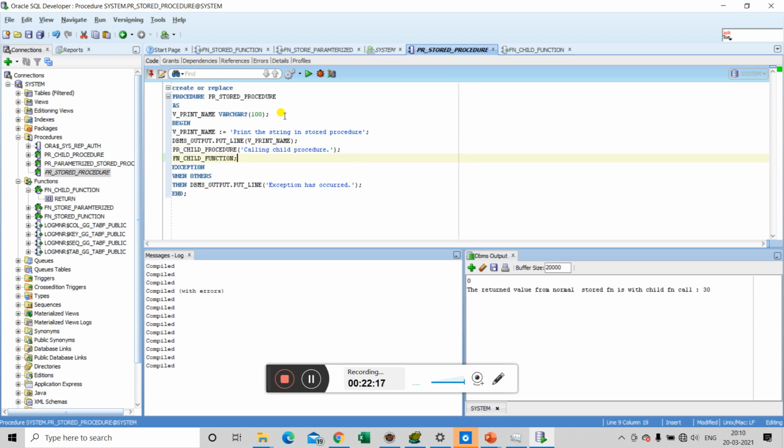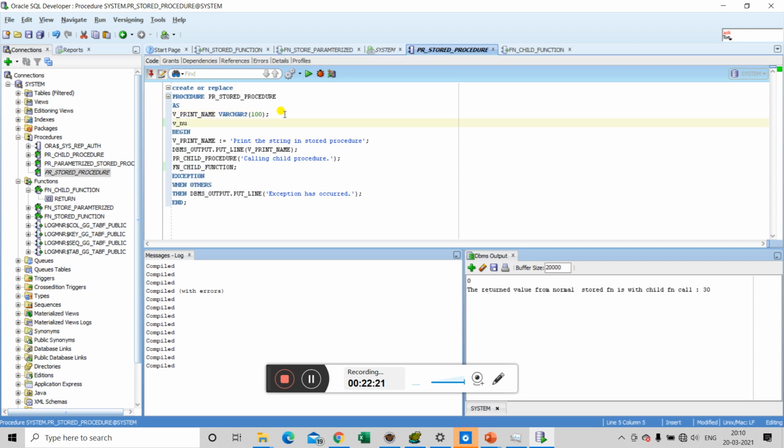And as this function will be returning a value, we need to declare a variable called vnum. Let's give it an initial value of 0. Now let's just print this particular value on the console inside the execution block of the stored procedure.